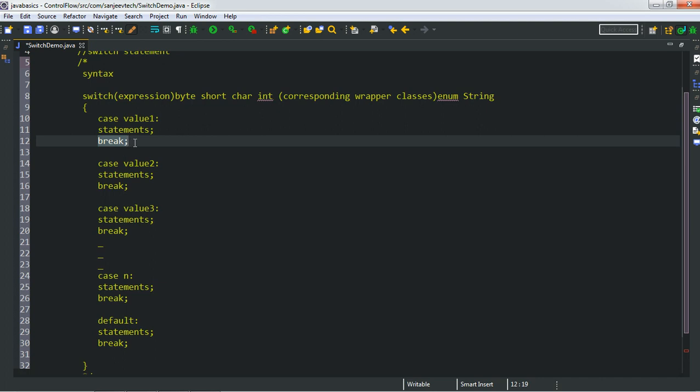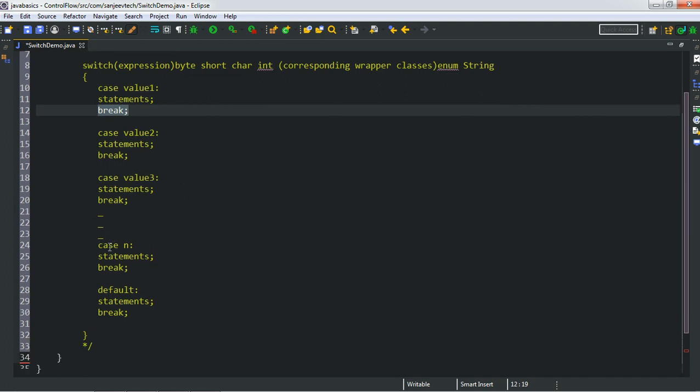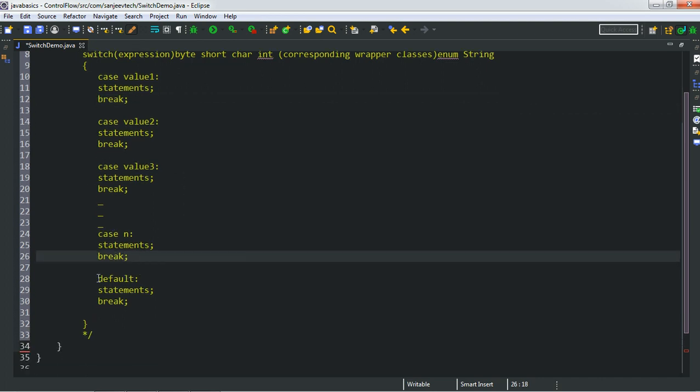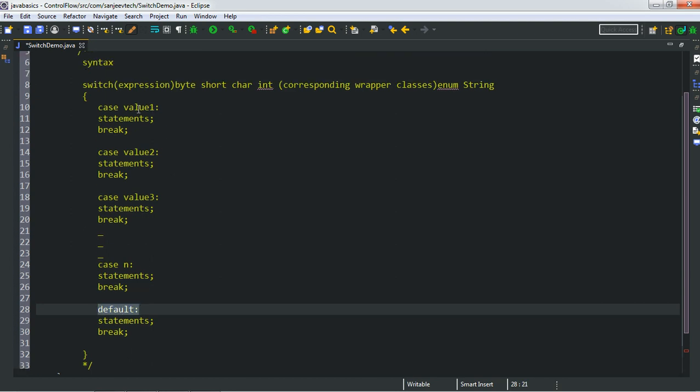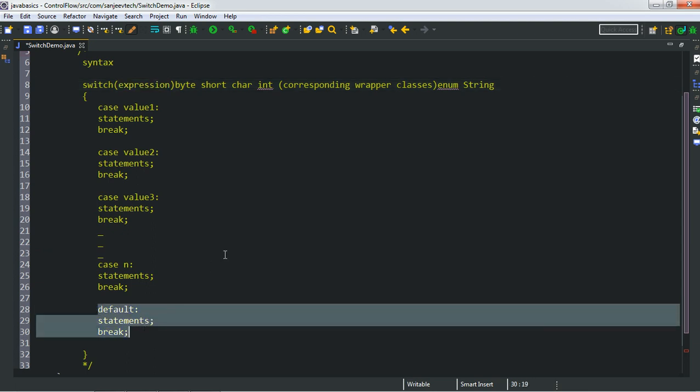So the break statement is used inside the switch to terminate a statement sequence. Okay, and we have the case 2, case 3 up to case n, and at last we have the default. So the default will execute if the value of the expression will not match with any of the case constants. Okay,